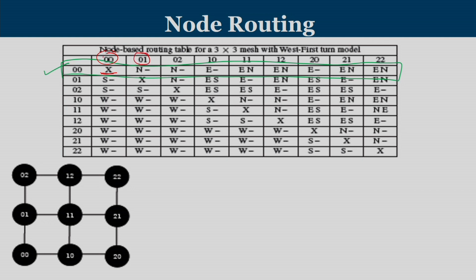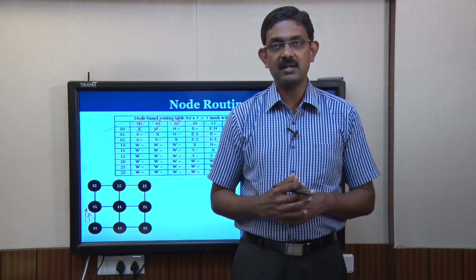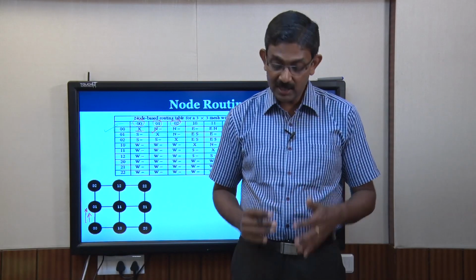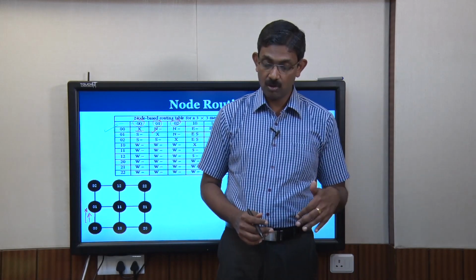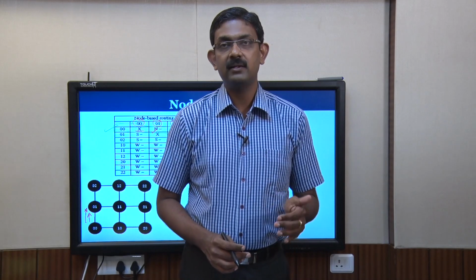If you wanted to go to 01, you have to take a north transition. If you wanted to go to 02 also, I have to take a north transition. So, in both traveling to 01 and to 02, you have to take north. I am not going to tell how many norths or how many easts. I am really bothered only about the next immediate transition that the packet should take. So, when the packet is in 00, if the destination is either 01 or 02, the packet has to take